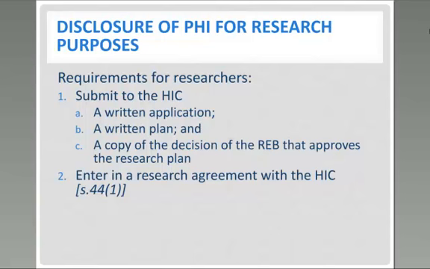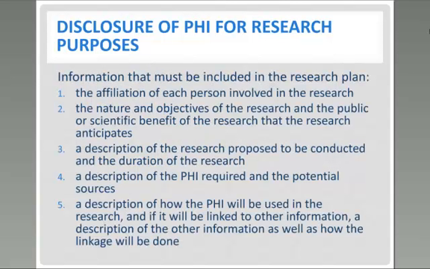So you have to list the name and affiliation of all the folks involved, the research objectives, the benefits, the proposal of how it's going to be undertaken, the duration, and critical, and this is a difference and a focus,